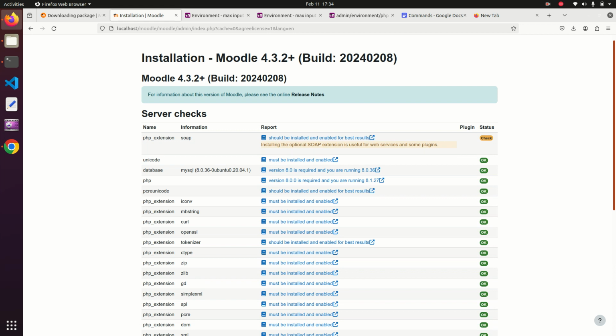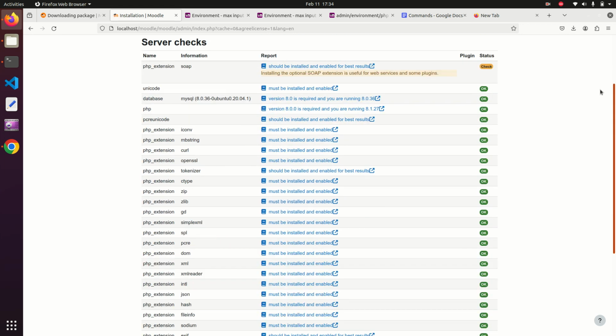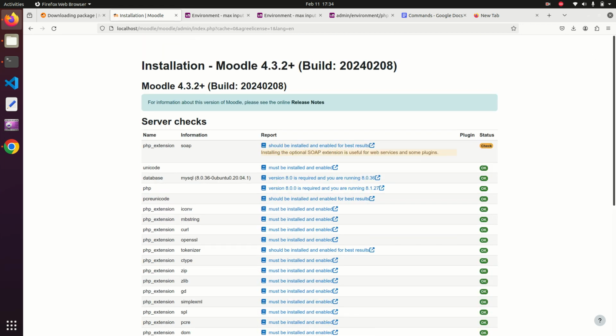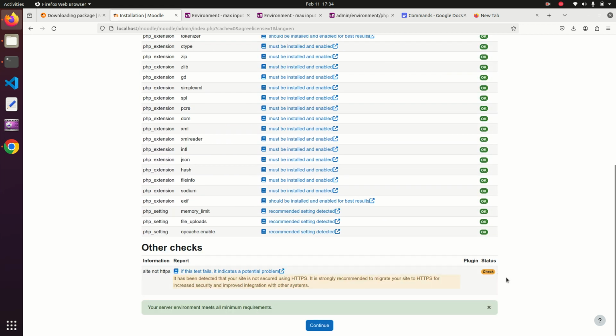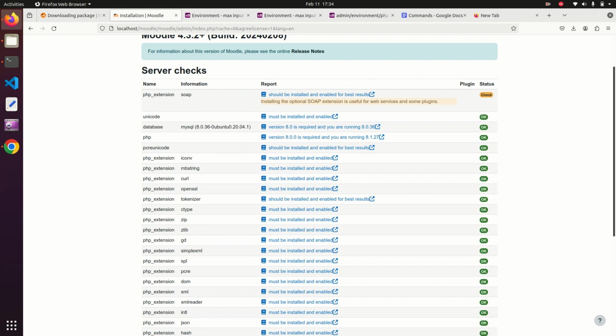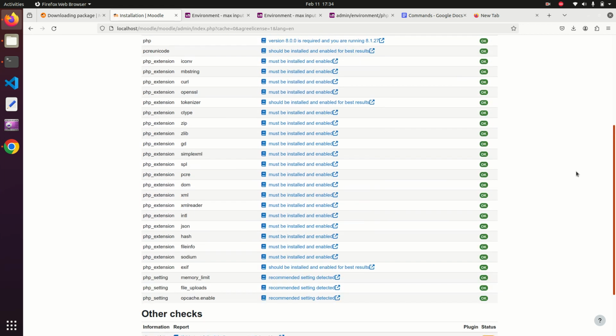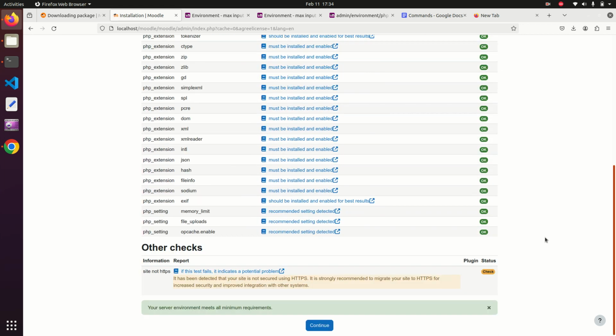If you want, you can skip that part which I have done for checking this error. Okay, php max input vars, and you can see that part of the video where I told you how you can pass this error. So that was very simple. So click on the continue button,